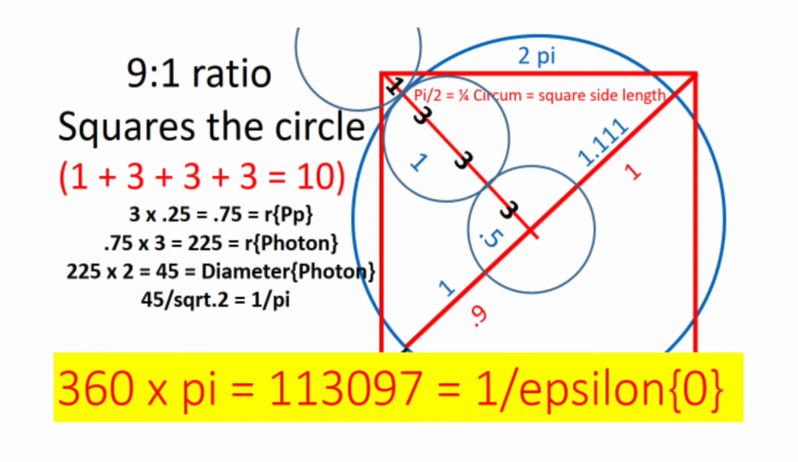It is also necessary to divide each Planck particle radius into 3 segments to equal a total radius of 9 within the 1.5 Planck particles that make up the photon radius to create the correct 9:1 ratio necessary to square the circle. I then realized that this